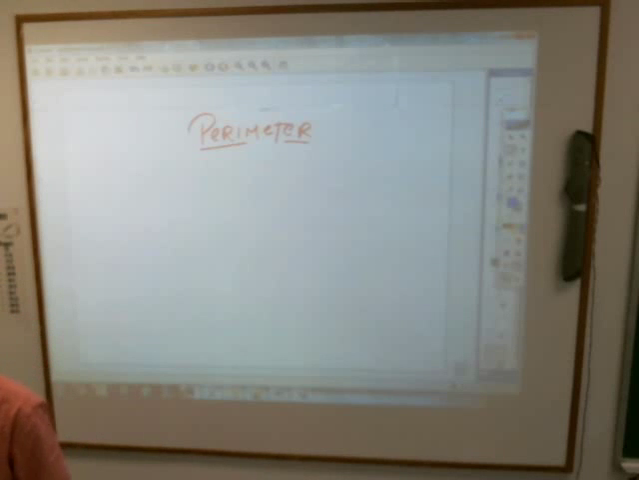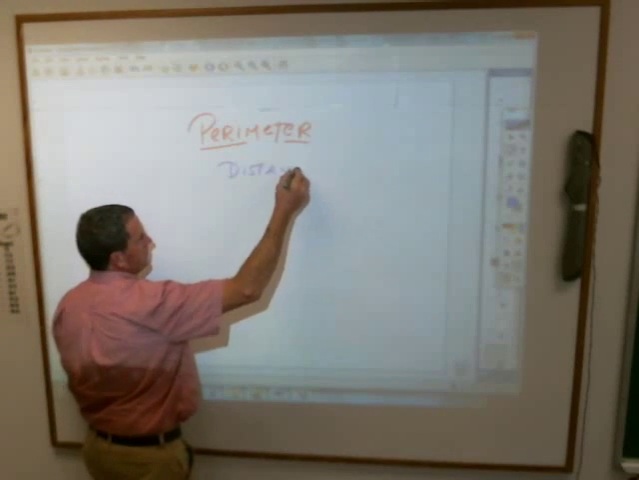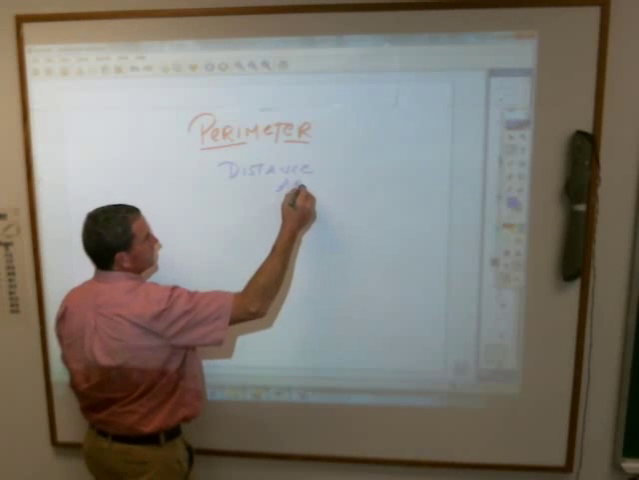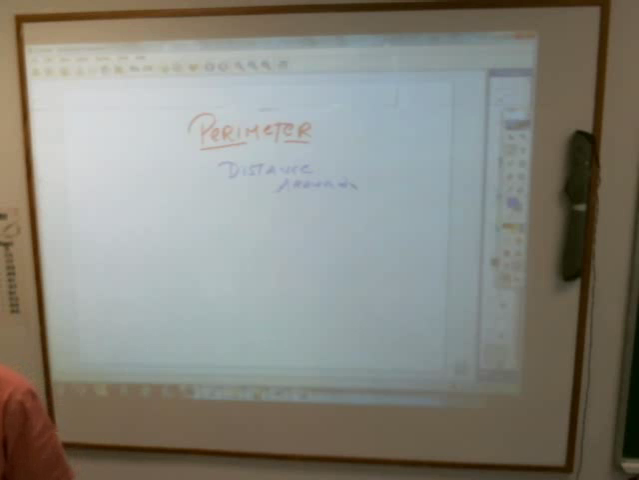In math, perimeter is, Mitch? The space around an object. Or the distance around an object. The distance around. Now, if you're talking about just a simple rectangle,